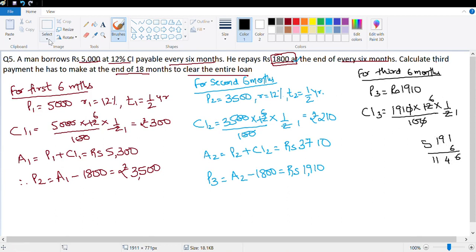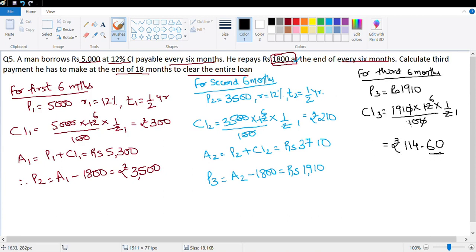1146 divided by 10 is 114.6, which is equal to rupees 114.6. I just lost 1 mark in the final exam because money is written in 2 decimal places. So the correct answer will be